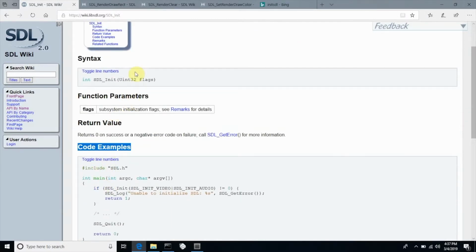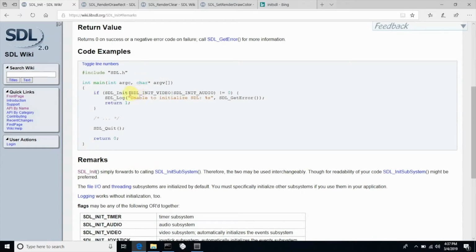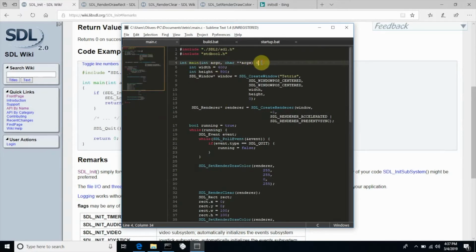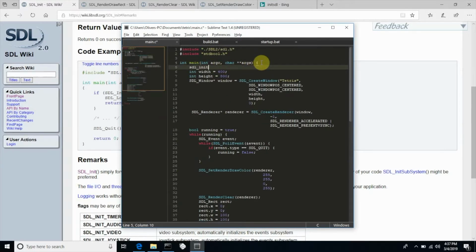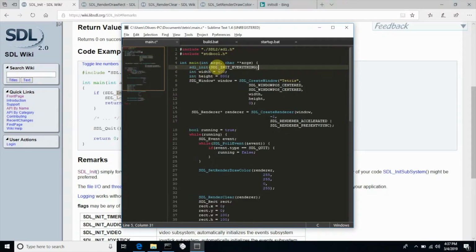And so it takes some flags, and we'll have a look at what this is. So basically, SDL has different modules that we can install. We could just want audio, we could just want the video one, we could just want game controller. We're going to say, hey, SDL init everything, and so we say SDL init. We're going to do this right at the start of our program. So SDL init, and I think there was some uppercase there, so it looks like this. SDL init everything, and this